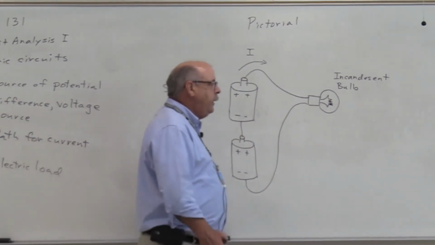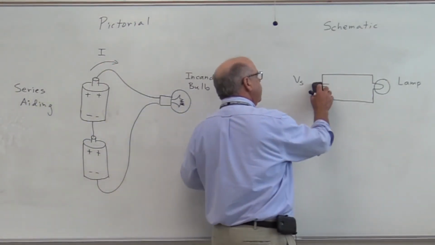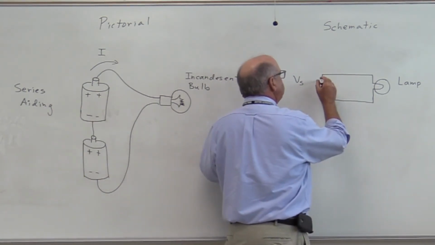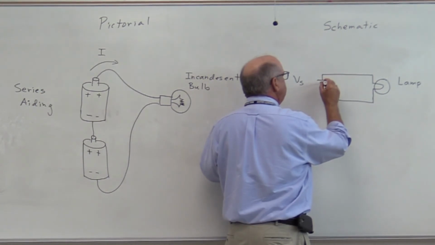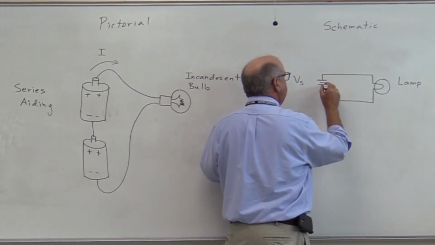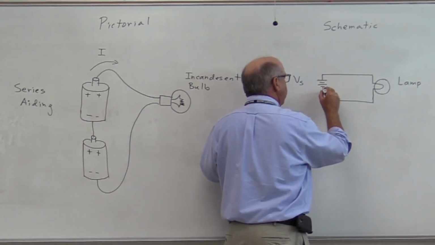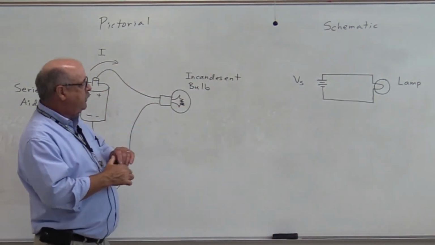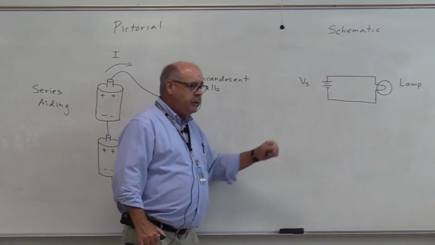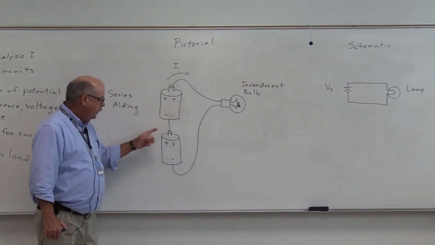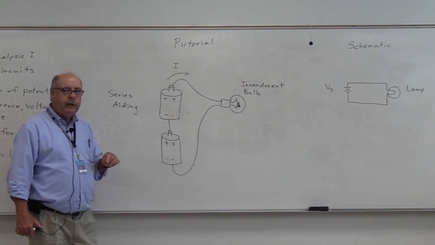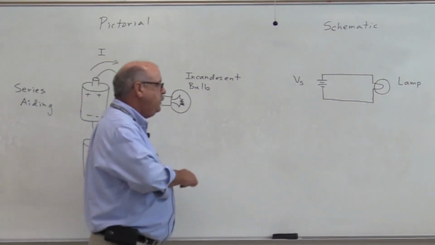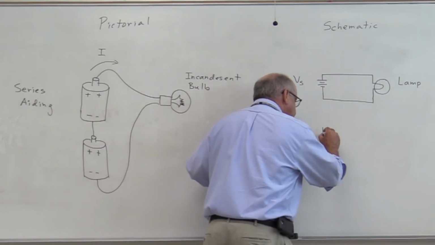Now, representing this schematically, we would show both cells connected as shown to where their voltages add together. So this schematically represents these two cells connected in a series aiding configuration. As we progress in this class, we'll see that this schematic symbol,